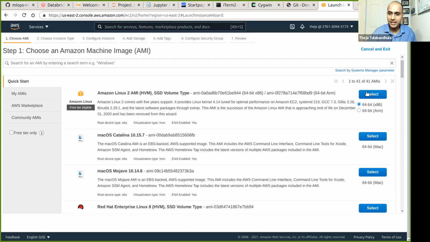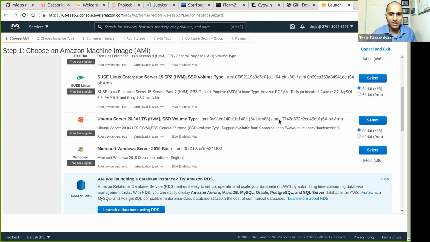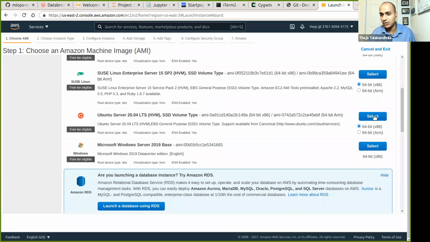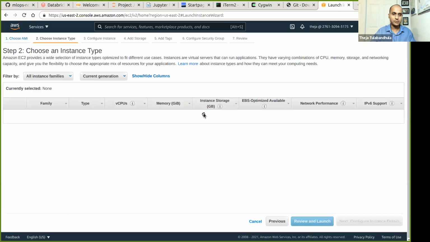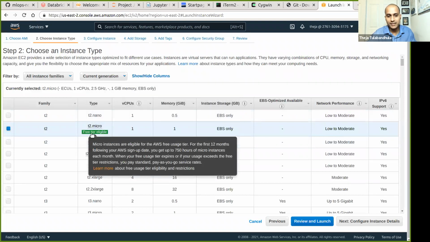Actually, for us, it really doesn't matter. So let me just select Amazon. There is an option on the left side called free tier only. I didn't see that. Okay, let's select Amazon Linux. I think it's Ubuntu. Okay, let's pick Ubuntu. And this is what I was mentioning last time, that this is free tier eligible,